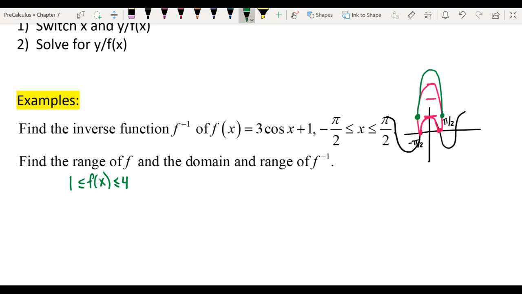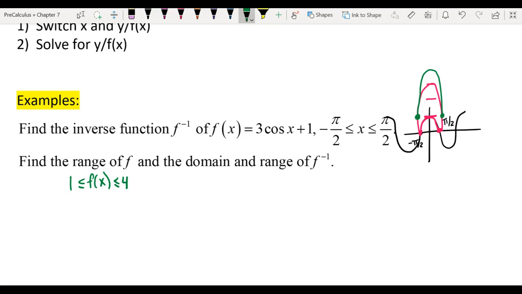Yep, they will give you the domain. They'll ask you to find the range, which is what we just did, by graphing that and picking out the section we needed. Okay, and then it wants us to find the domain and range of the inverse. If you have the domain and range of your regular function, what does the inverse do to that domain and range? It switches it. Because remember, inverses switch your x and your y. Your domain is your x values, so now those are going to become your y values. Your range is your original y values. So if we switch them,